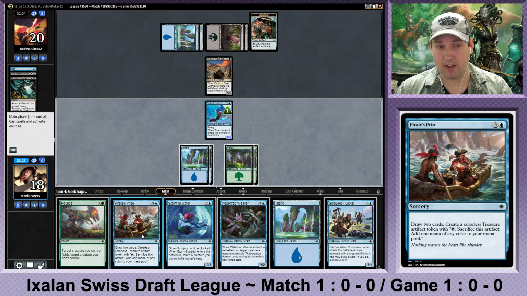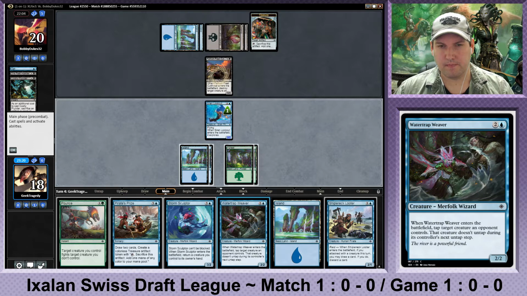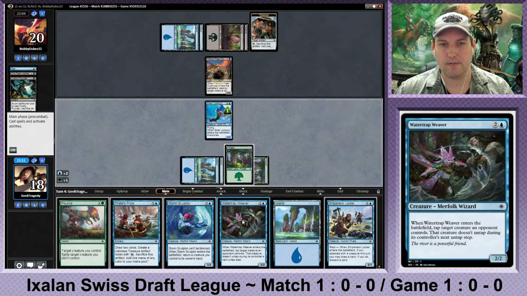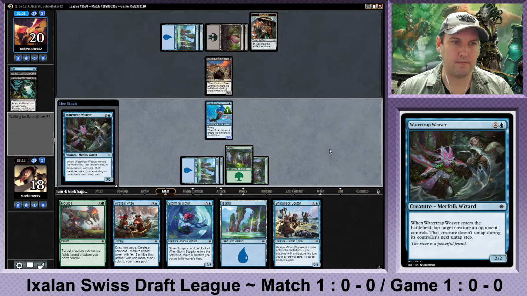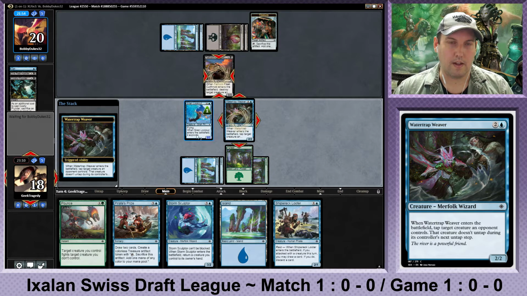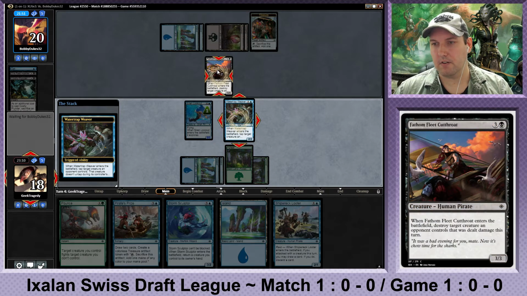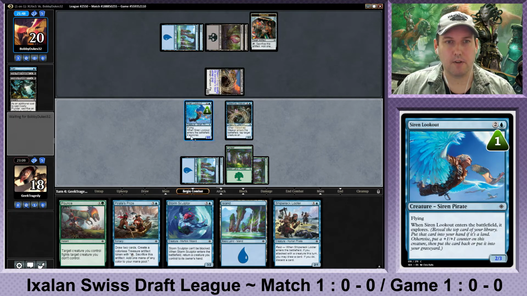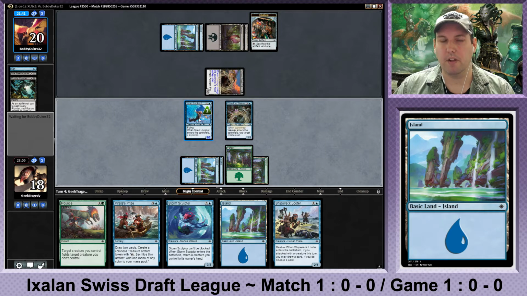I can Pirate's Prize. I think I'm going to go ahead and do the Water Trap Weaver here. Yeah. So I'm going to swing in. You know, I'm going to do this now just in case. I doubt they have anything that's going to be able to block the flyer or allow this to block the flyer, but better safe than sorry. And now I'm going to swing in with the Lookout. Might have wanted to keep 1 blue up to bluff that I had Spell Pierce in hand, but...